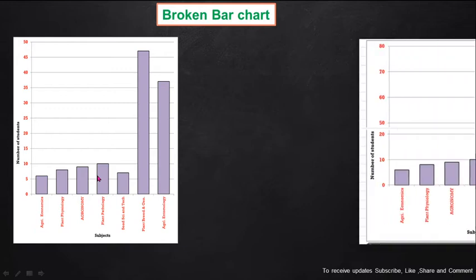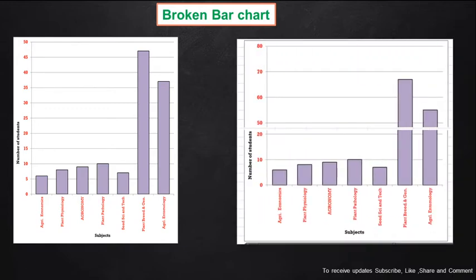So, to avoid this we can have the broken chart. In the broken chart we make an approximation for the y axis similar to that bar also. So, it is called a broken bar chart. It is a simple bar diagram, but only because the length of a particular bar is more than compared to others, we go for this broken bar chart.